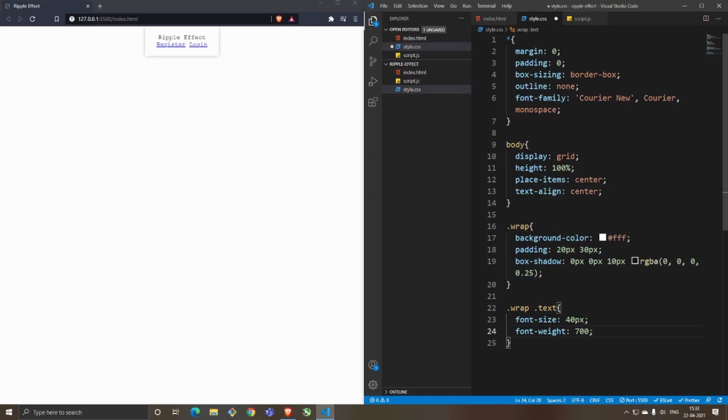Now what I have done here is I said .wrap is a div class out there, and inside that there's another element called .text. You access that specifically and give the text a font size of 40 pixels and a font weight of 700. So font weight is the boldness you give to the text. That's what CSS allows you to do using font weight. Once you save it, you can see the text size has increased. There's more boldness to the text. That's what has been done.